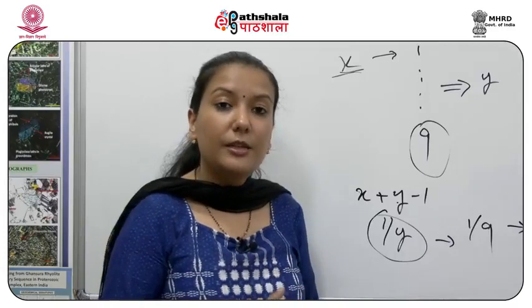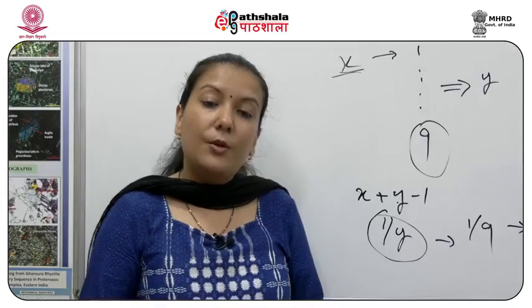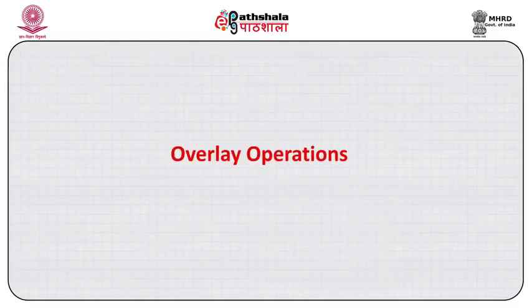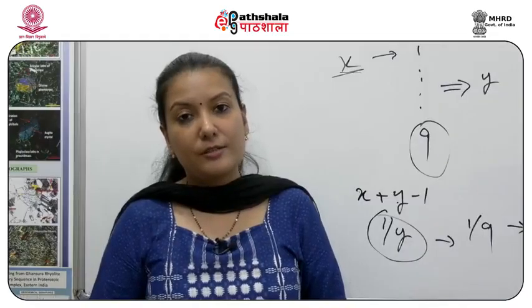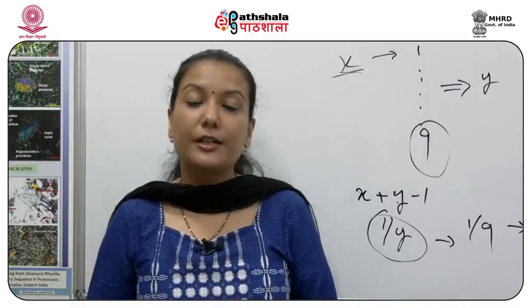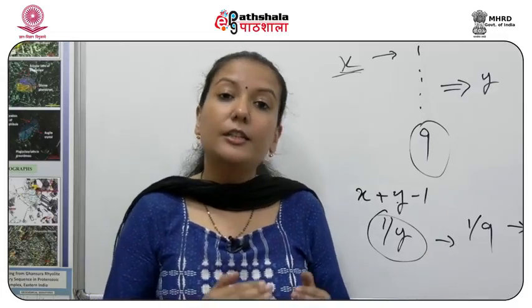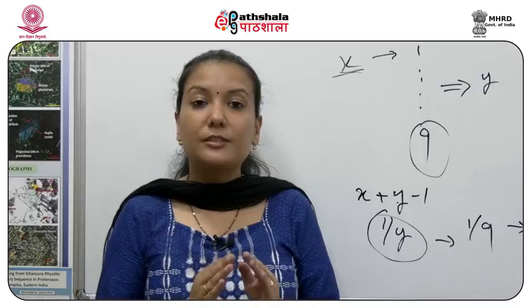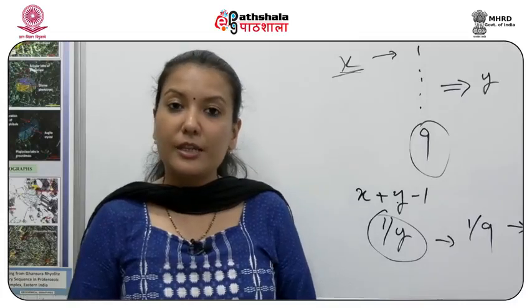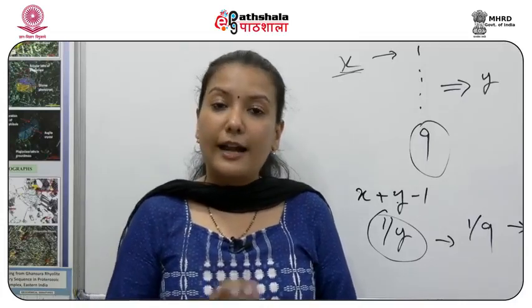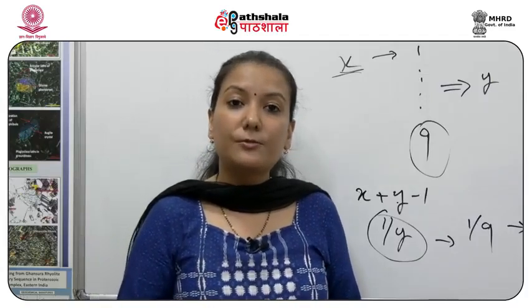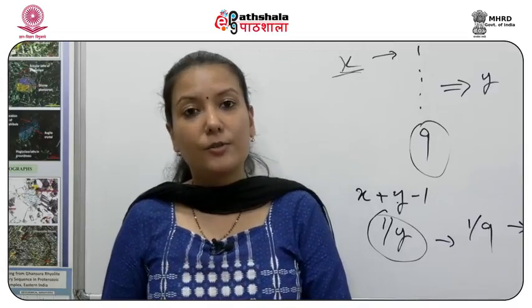So these were the three methods for the weighted overlay analysis. Once you have done this, we also have another approach which is known as overlay operations. Now what is happening in overlay operations? These overlay operations are a bit different from the Boolean algebra operations or the weighted overlay analysis. How are these different? These methods are different because we are just overlaying two themes on top of the other, but we are not making any decision based on one or the other. We are neither changing the attributes of the other data. The attributes still remain the same for the first data, and they are not taken from the second data.